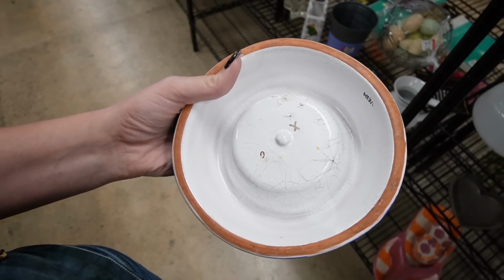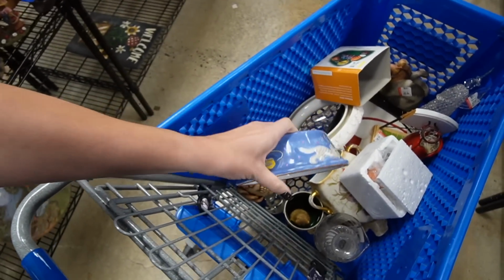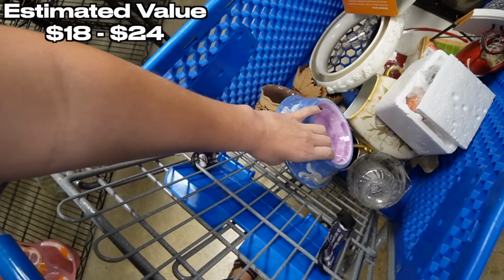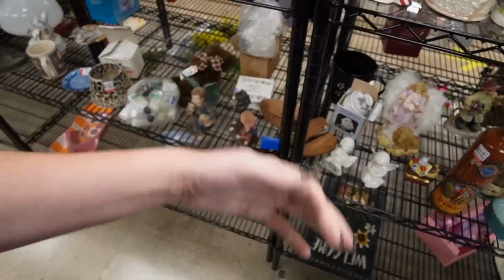I don't know. I think it might be Italian. It's made of red clay. There's a cat with balls of yarn. I think I'm going to grab that for $3.99. It is a cat food bowl. And I missed it. Well, I saw it the first time and I thought, that looks like one of those paint